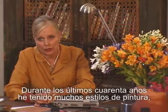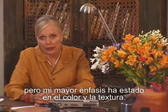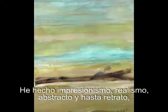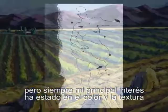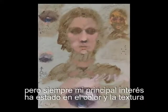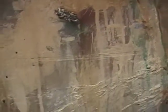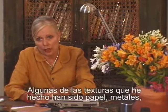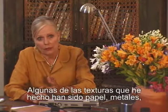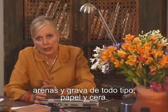During the past 40 years, I've had many styles of painting, but always my color and texture have been the main emphasis. I've done Impressionism, Realism, Abstractism, I've even done portraits, but usually the main thrust has been in color and in texture. Even some of the textures I've done have been paper, they've been using metals, all kinds of sand and gravel